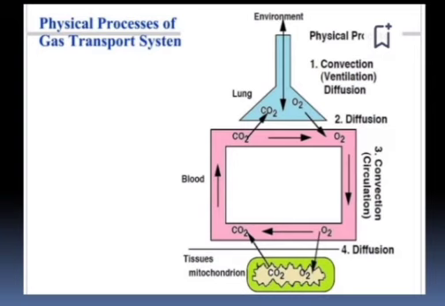From the atmosphere, you take in oxygen, so it passes through the trachea and all other branches: the bronchi, terminal bronchi, respiratory bronchi, and gets to the lungs. When it reaches the lungs, it diffuses into the blood. And the blood carries it straight